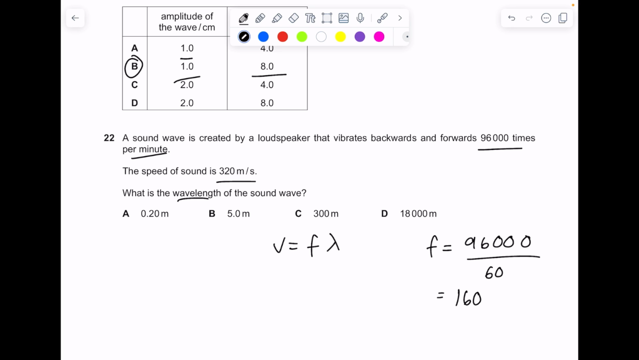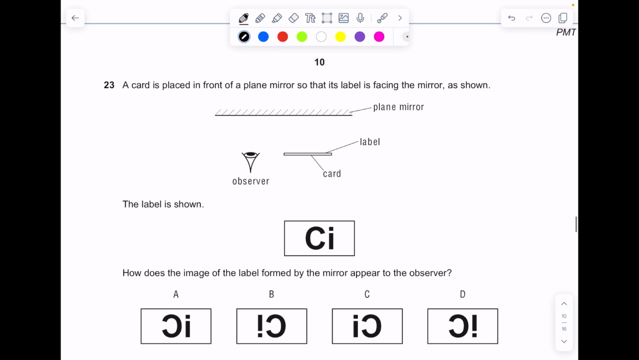So the frequency is 1,600 hertz times by x, which is what we're after. We know the speed is 320, x equals 320 divided by 1600. The answer is A. A card is placed in front of a plane mirror so that its label is facing